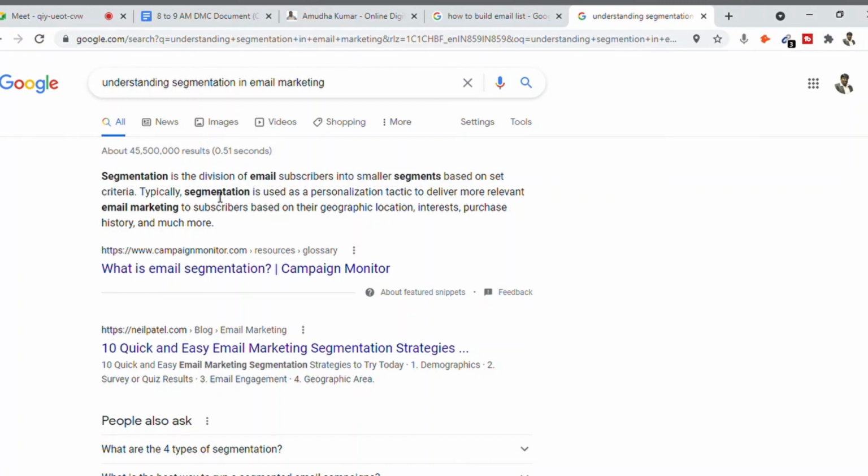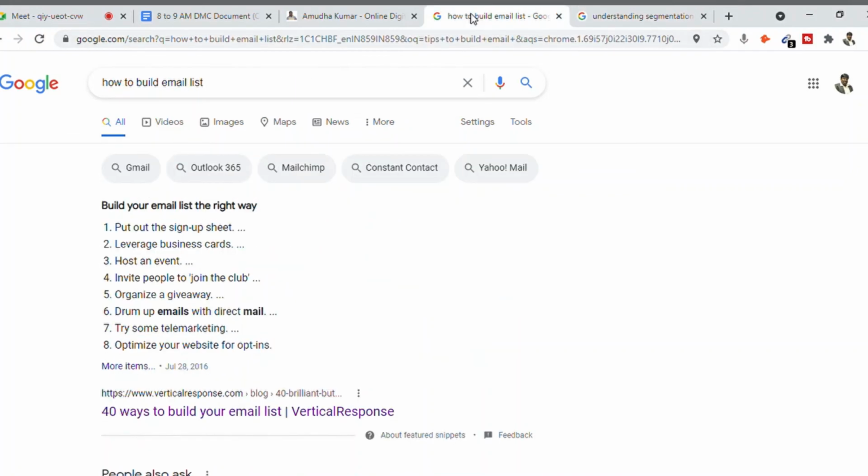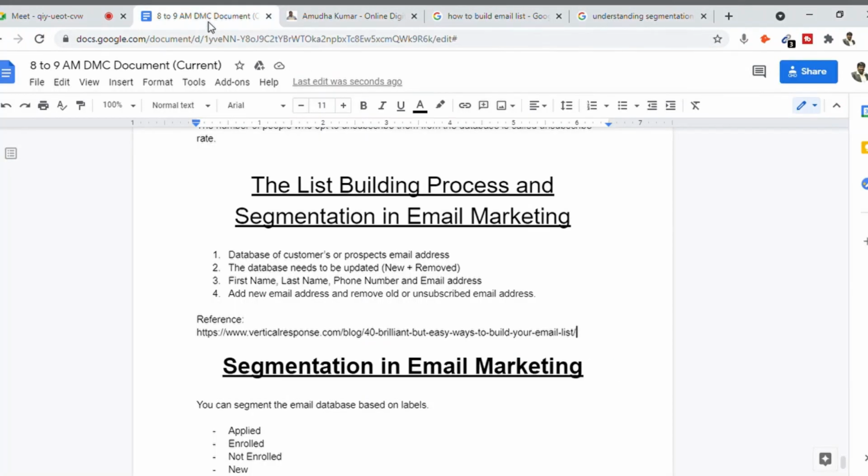Typically segmentation is used to personalize, to deliver information that is highly personalized and related to the users, so that their geographical location, their interest, and their purchases are all related, and the probability of conversion is very high. So I just added information about building the email list and database and segmenting the email addresses.